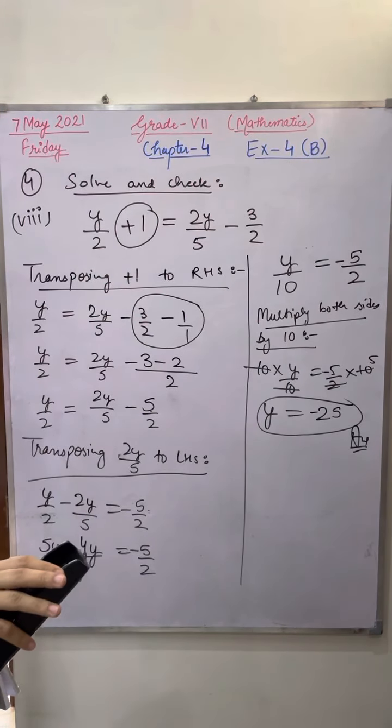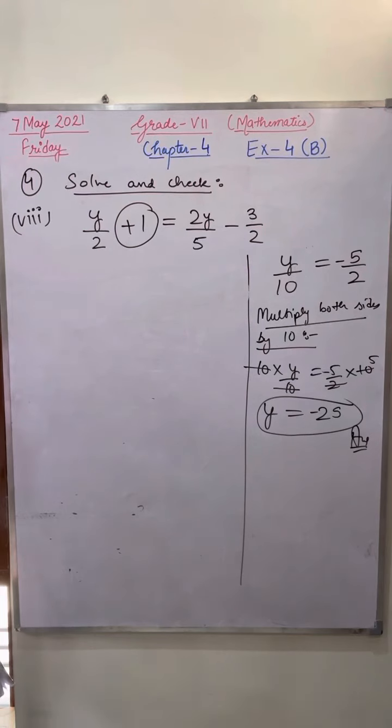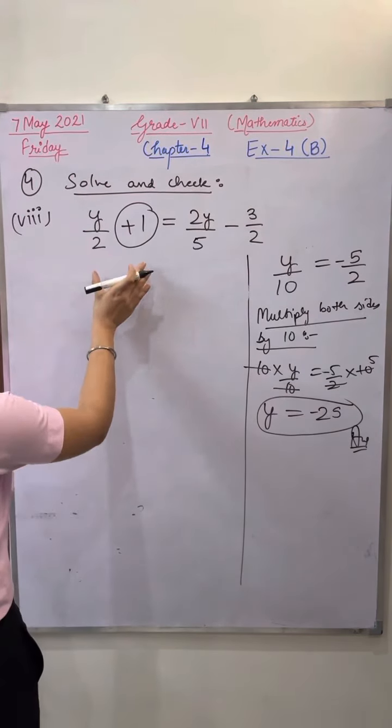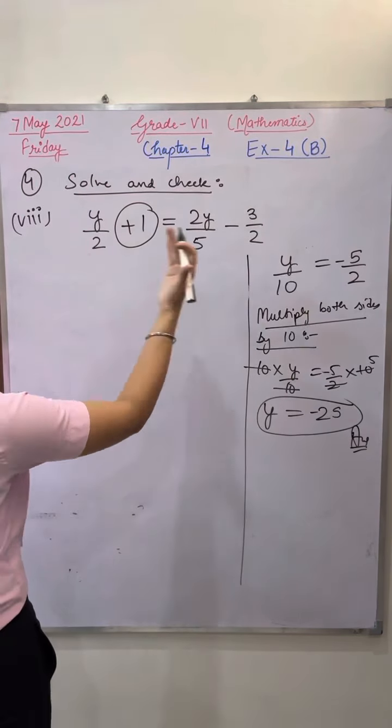Go for written practice at home. Only then you will be able to understand how we can shift and how we can take LCM. By looking at the board, sometimes we are not able to understand at once. With practice only you will be able to understand the concept, how you are shifting, which method you have to apply, how we take LCM, how we can cancel the terms. Everything will be possible only by your own practice. That's it. Now check whether your answer is correct or not.